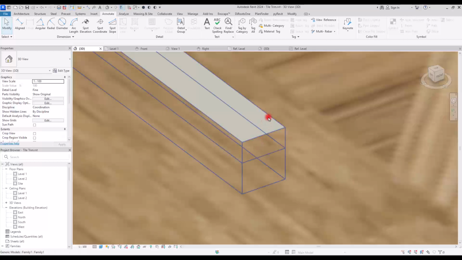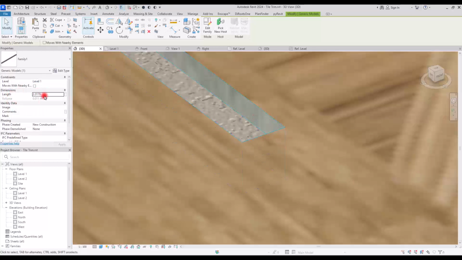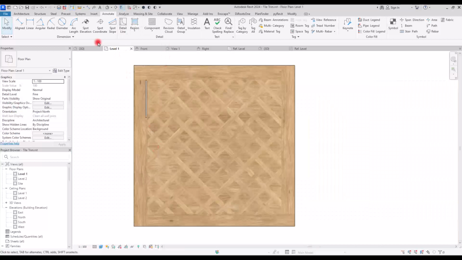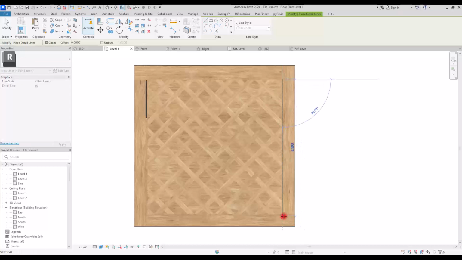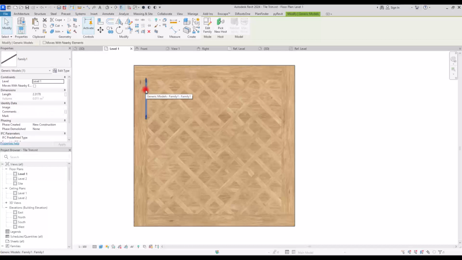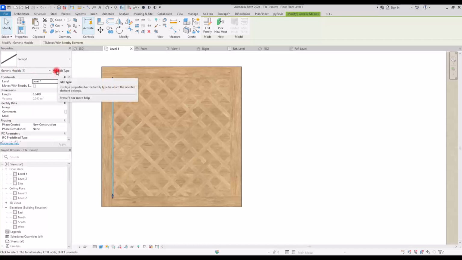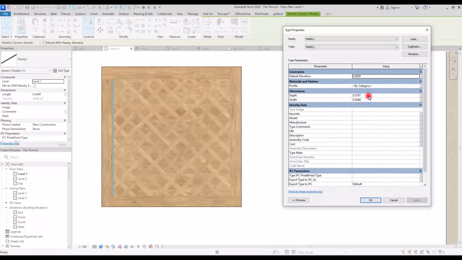Now I'm going to select it and change the length to, let's measure this part first. I'm going to create a detail line exactly from this part to here. It is 8.4, so I'm going to change the size of this length to 8.4, and then I will move it down to here. And now I'm going to go to its edit type and then change the depth to exactly 3 cm because the